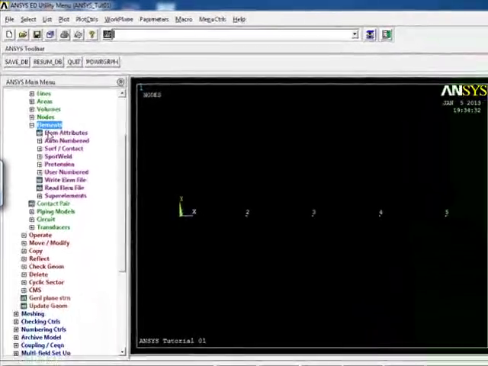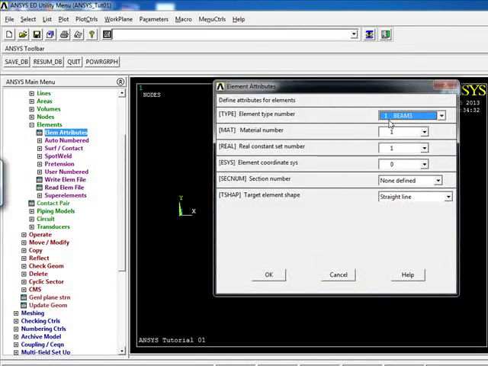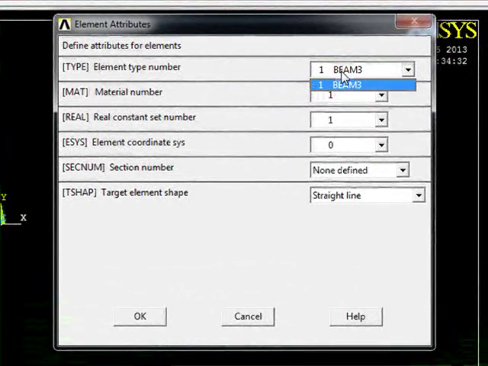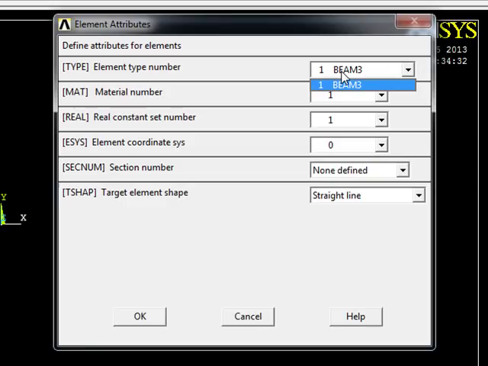The first option in here is element attributes. As I said before, if you have more than one element, you can choose which element you want to attribute to the next elements that you're defining. If you have more than one material defined, let's say you have defined steel, aluminum, copper, as many materials as you want, you can also choose which material you want to attribute to the next elements that you're defining. Real constants, again, if you have defined more than one real constants for your element, then you can